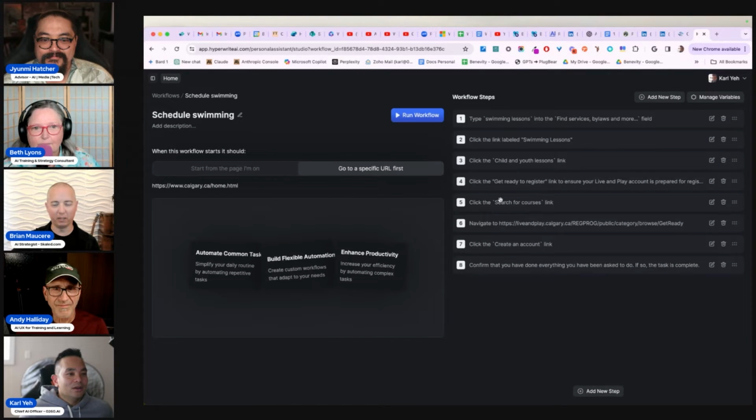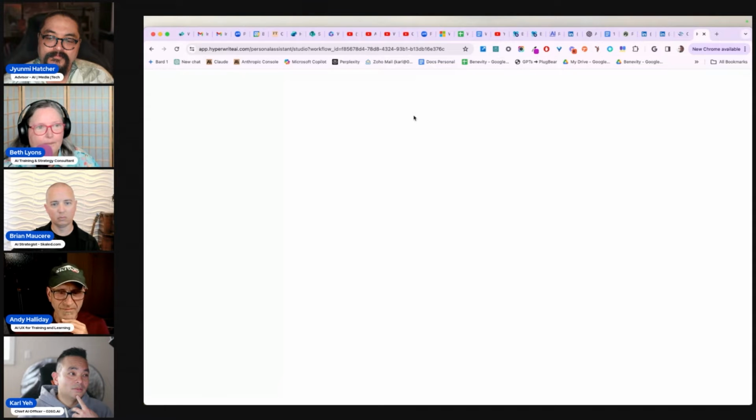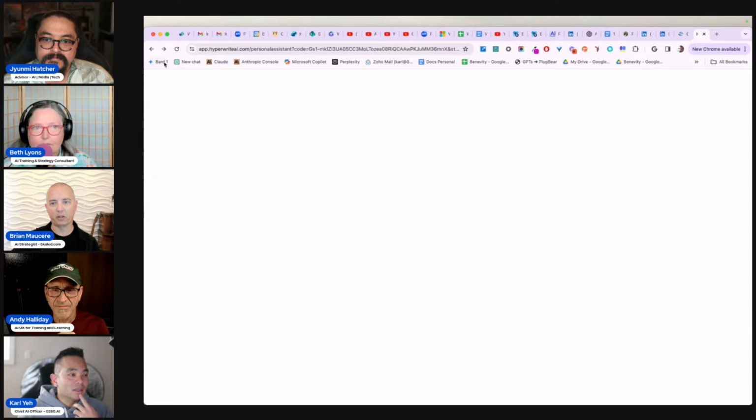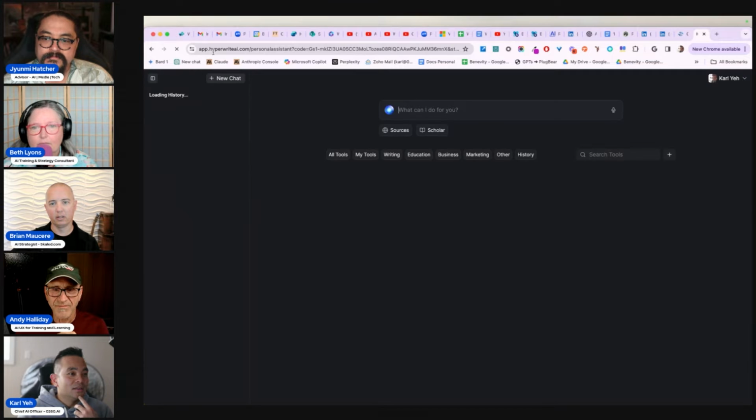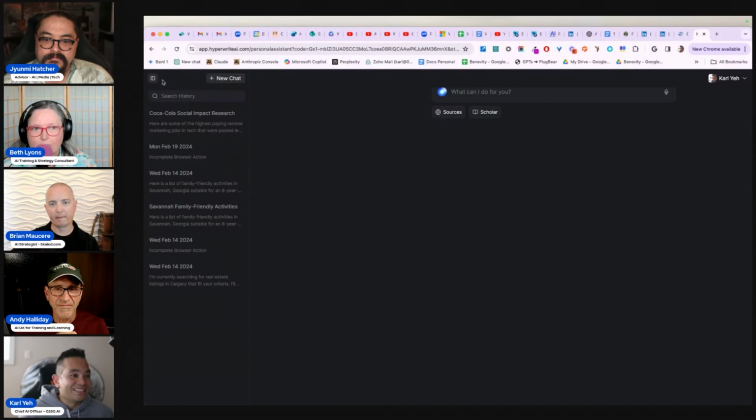I'm surprised it didn't just pull it up. Okay, so as you can see, here are the steps. So I'm just going to run this workflow, and I want to see what it does. I don't know if I have to be on the City of Calgary's website for the web flow to start. I don't know what it does. Is it moving the mouse currently? No, I'm doing that. Oh, that's you. Okay. So I don't get it. I don't know where this thing is, by the way.